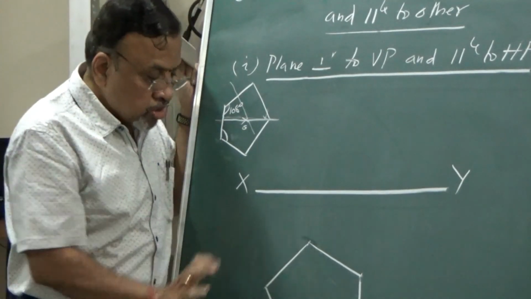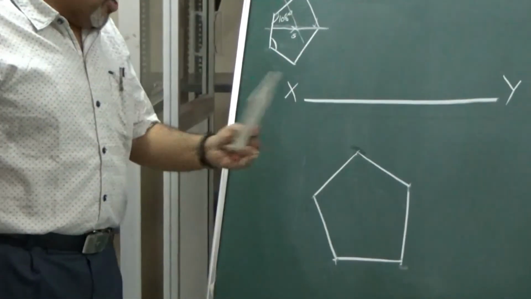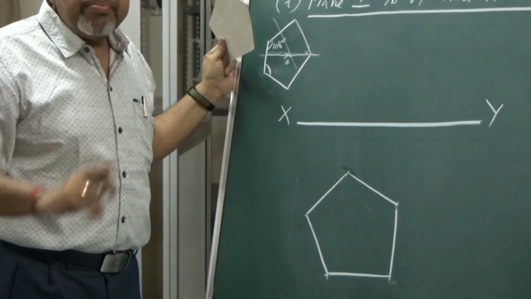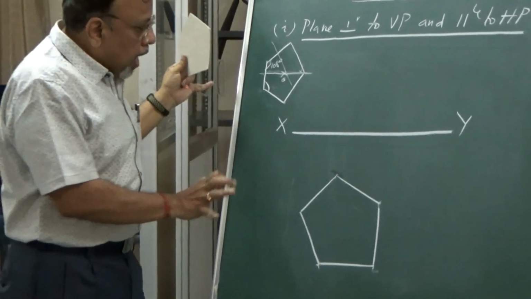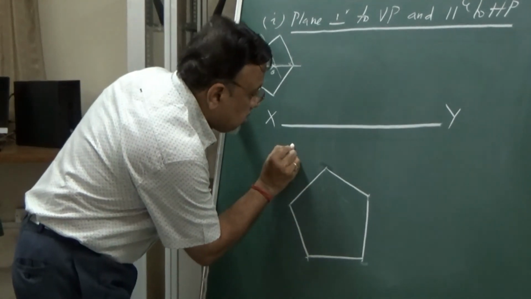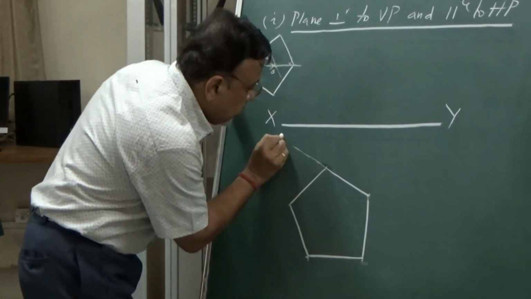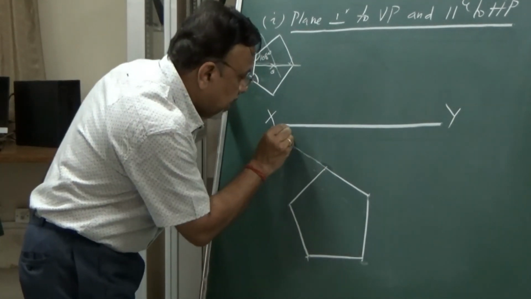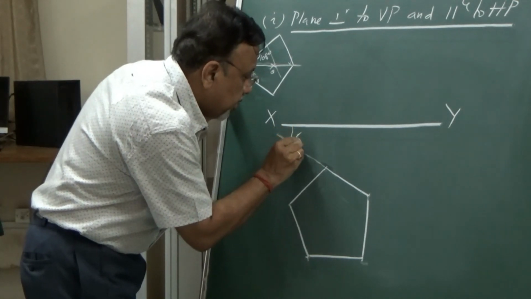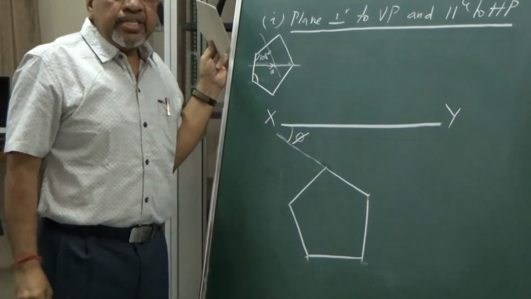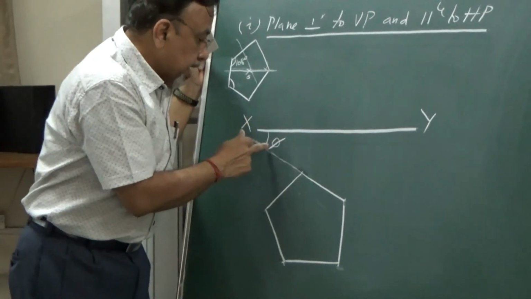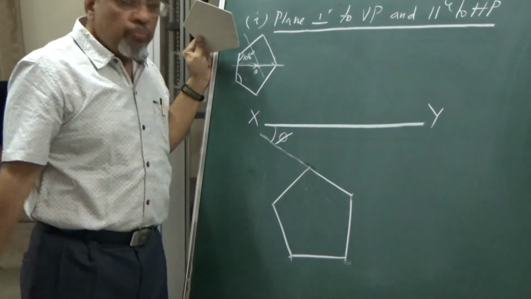Now anyway I have just drawn the pentagon. Now I need to name it. Naming is very important. As you can see, I have drawn this particular lamina such that this is the reference line. And I have taken this angle as how much? I have taken this angle as 30 degrees, that is, this particular side is inclined at 30 degrees to the reference line.